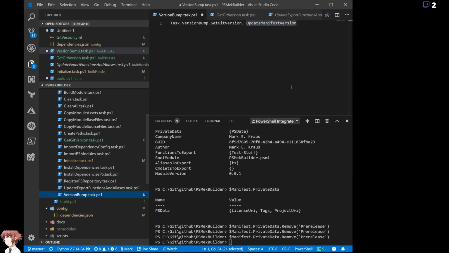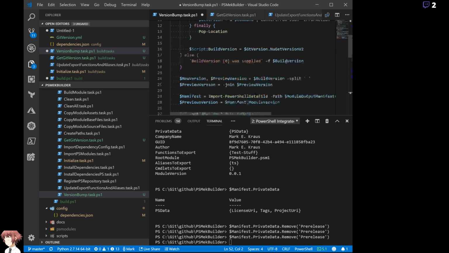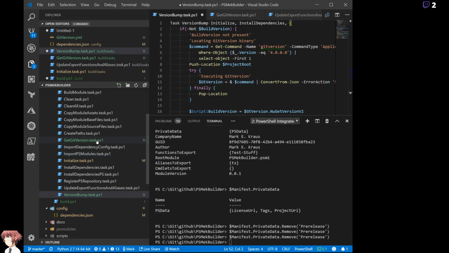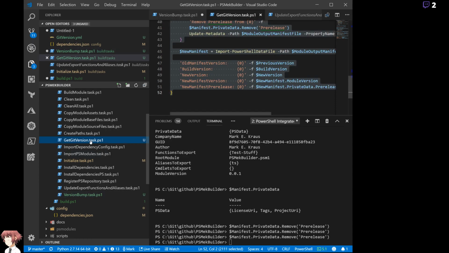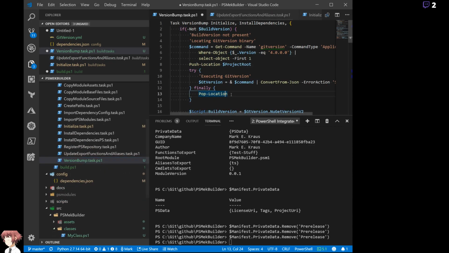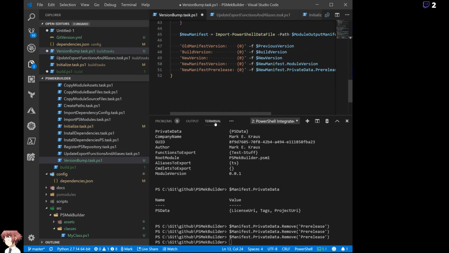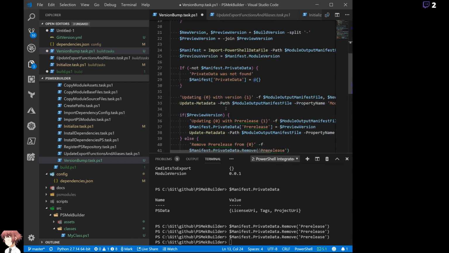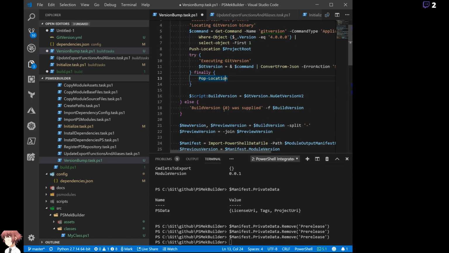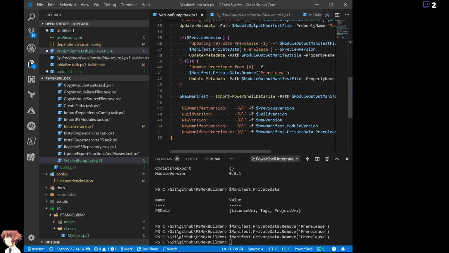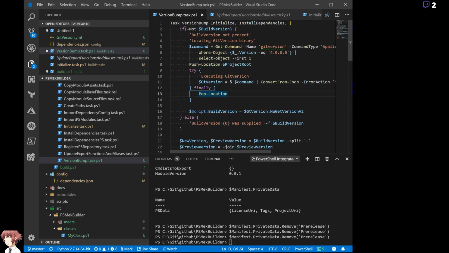I thought that it would make sense to do this all in separate ones, but I think that it's probably just better to keep it together. Try to keep these tasks as small as possible, but this really isn't doing much. There's just a lot of logging involved and some logic, but it's really not a whole lot of steps combined. So I should be able to do this now in the